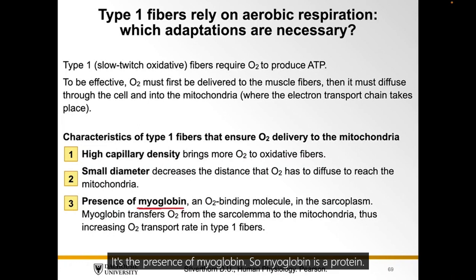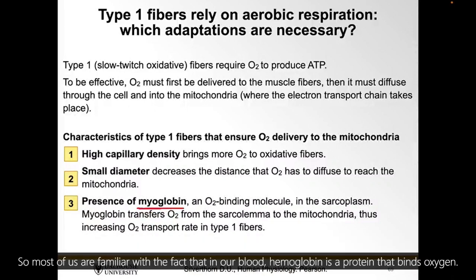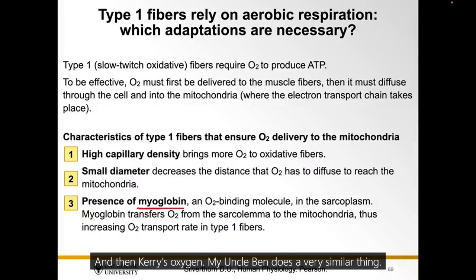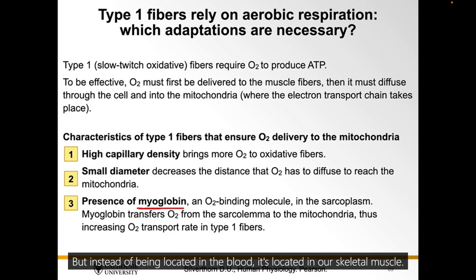So myoglobin is a protein. It's actually a protein that binds oxygen. And the simplest way to think about myoglobin is to think about hemoglobin first. So most of us are familiar with the fact that in our blood, hemoglobin is a protein that binds oxygen and then carries oxygen. Myoglobin does a very similar thing, but instead of being located in the blood,